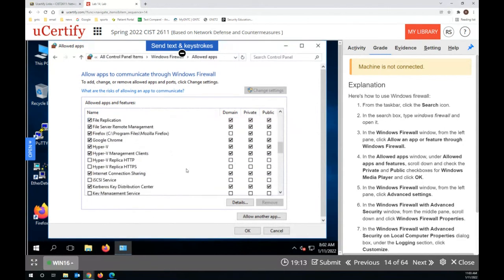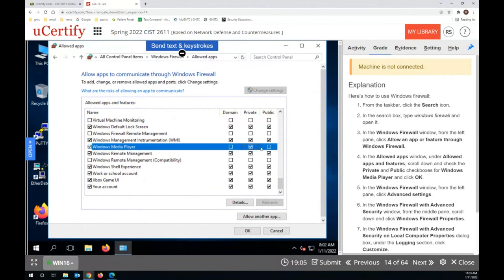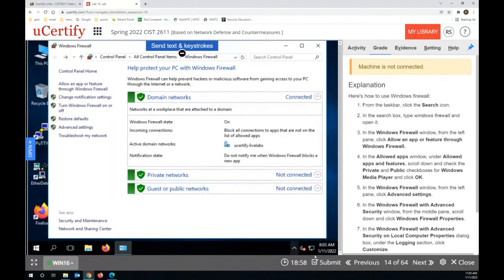So we'll look for Windows Media Player. And I'm going to check the private and public boxes and click OK. So I'm not going to go any further in this lab, but I would click this, click Evaluate,